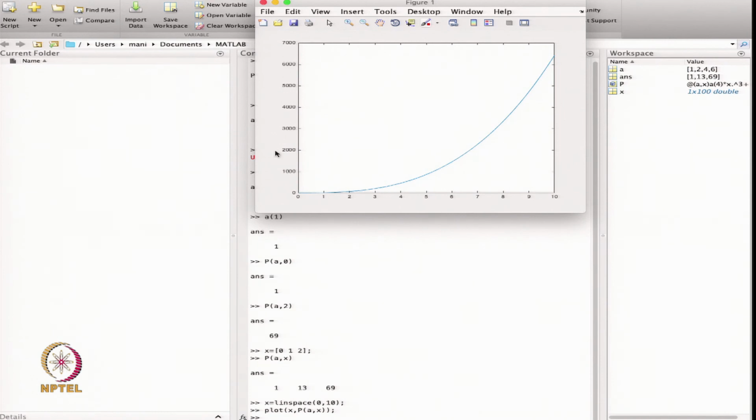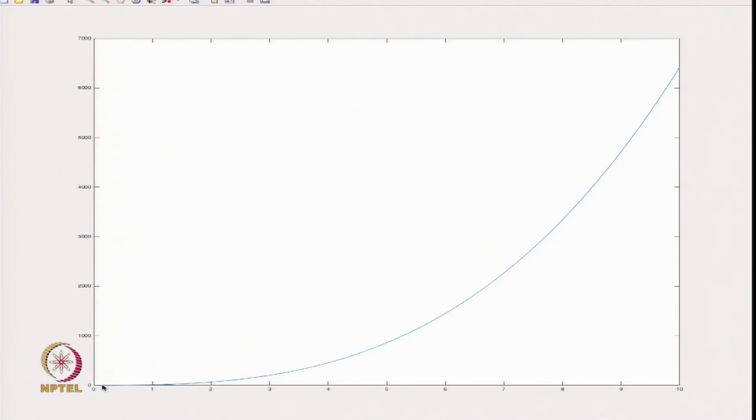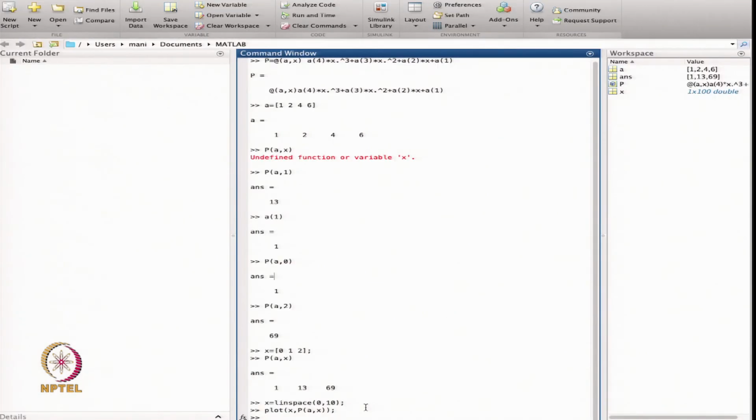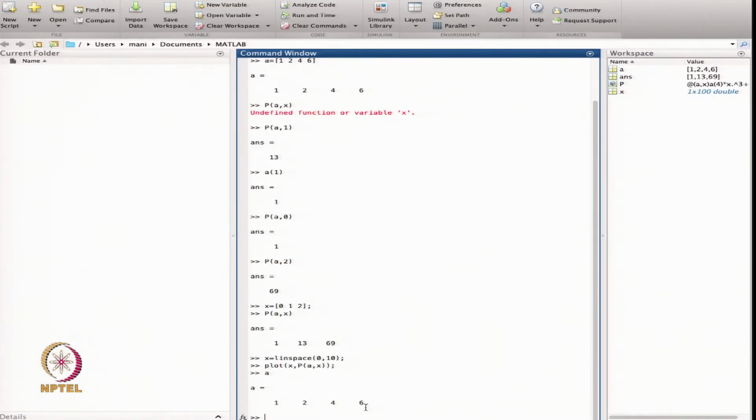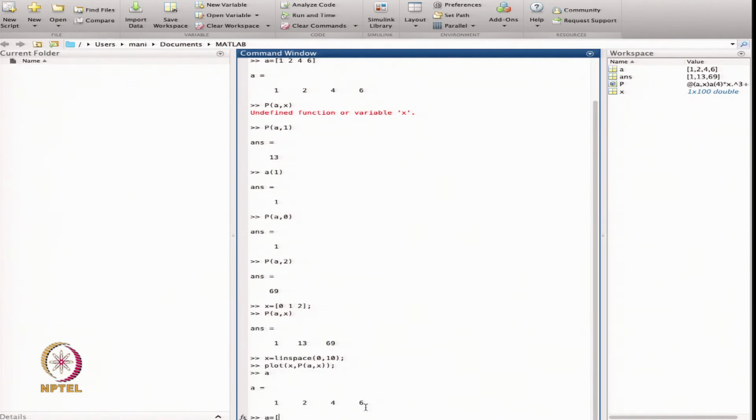So, that is the plot. This is the polynomial we have just defined. It gives you the value of the polynomial from 0 to 10 for those values of the coefficients. My a coefficients are the same, or maybe I can change the coefficients now, and I just put the coefficients